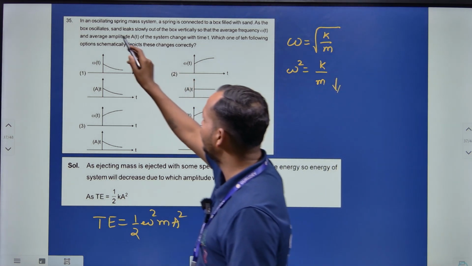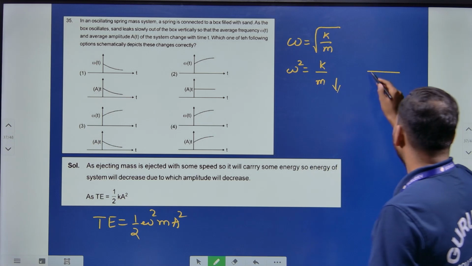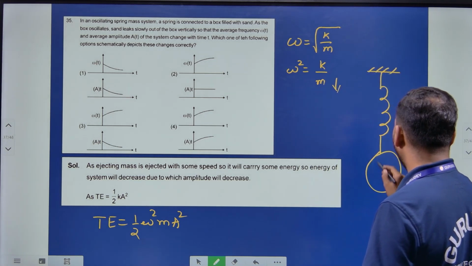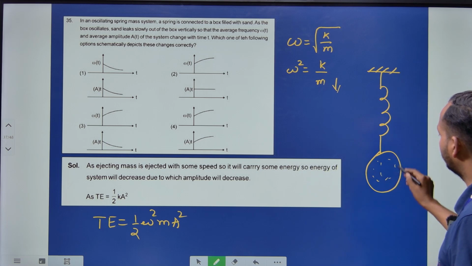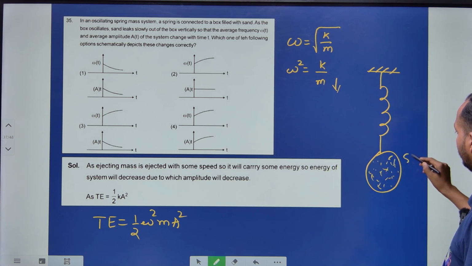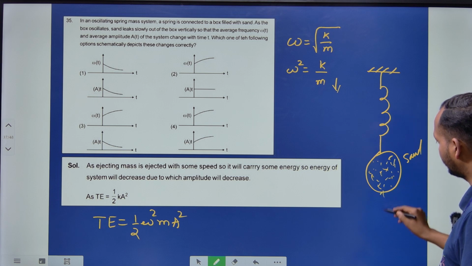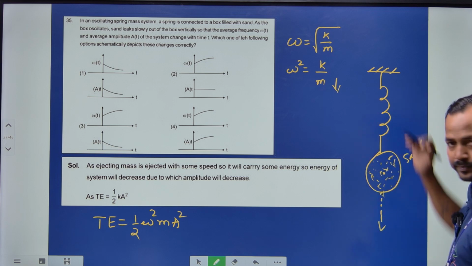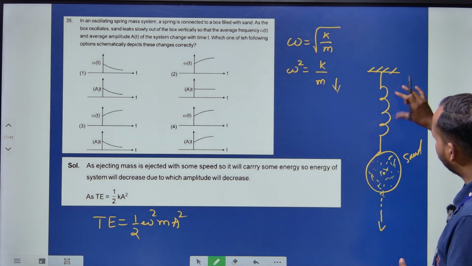तो यहाँ पे देखिए, ध्यान दीजिए आप, अगर मास कम हो रहा है, उन्होंने जो बोला है यहाँ पे, जो एक स्प्रिंग है, उस स्प्रिंग को एक थैले में सैंड भर दिया है, ये है सैंड बैग, ठीक है। अगर ये सैंड में यहां पे छेद कर दिया तो ये सैंड नीचे आएगा और इसका जो सेंटर ऑफ मास होगा वो घटते जाएगा, यानी कि इधर मास घट रहा है तो इसका जो एम्पलीट्यूड